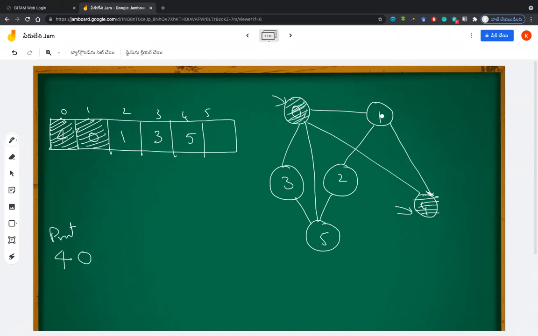If you take 1, it is connected to 0, 4 and 2. So I think 2 should be included, right? Yes, sir. After including 2, nothing else is there with 1. Just print it and dequeue it from the queue. Now we are at 3.